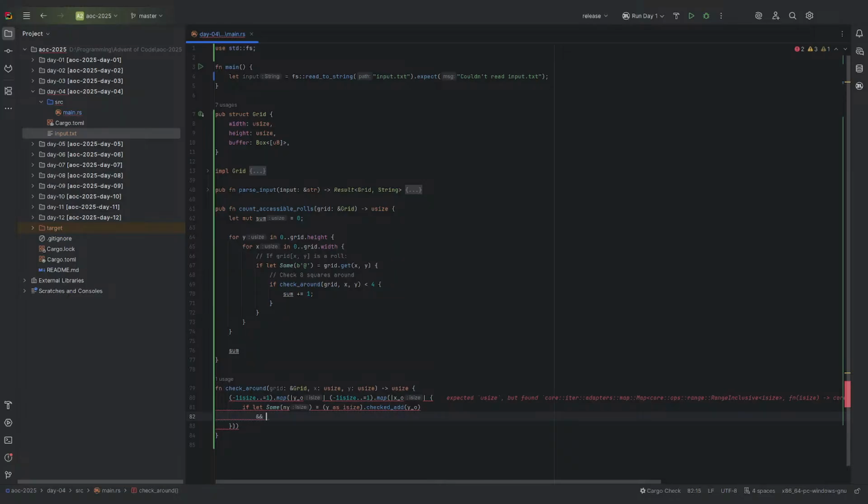Do that, and X. Checked add XO. This has a nice property that if it were to go out of bounds, like if this goes out of bounds from subtraction, it keeps working. There won't be any integer underflows. And finally,